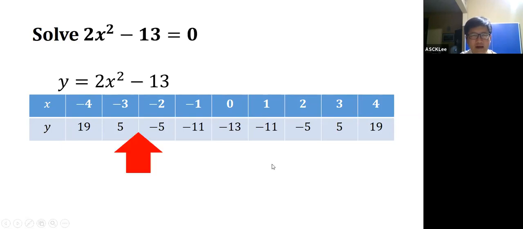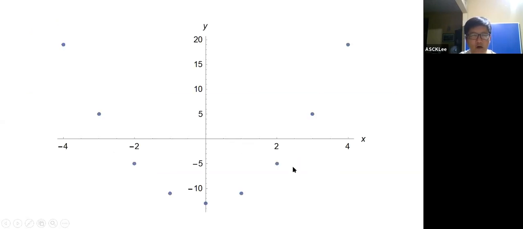Same. And then after that, note that there is a root in between -3 and -2. How do you know there's a root? There's definitely a root because you have a y value of 5 here, and then here it becomes -5. Somewhere in between here, it must be 0. Somewhere, we don't know where, but somewhere there must be a 0. Y must become 0. Same here, between the x value of 2 and x of 3, the y must become 0 somewhere. So once you have this table and you have made these initial guesses, plot your points